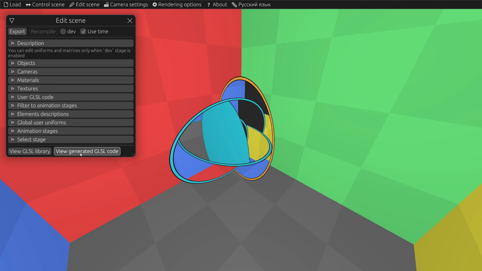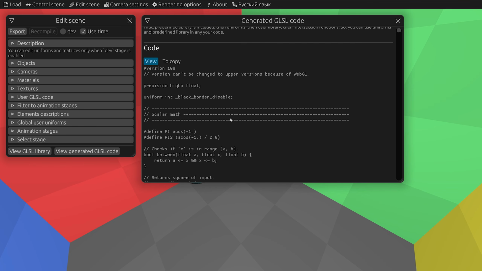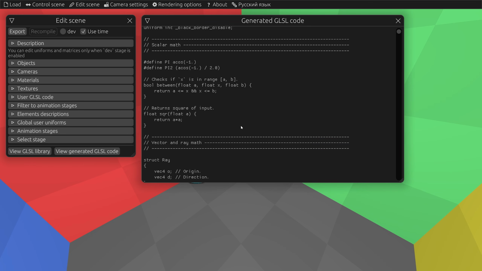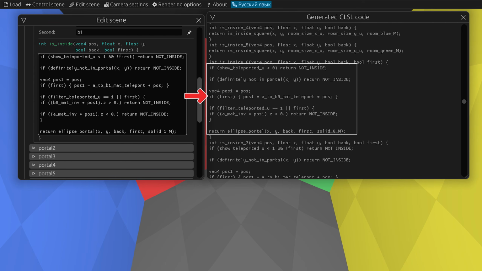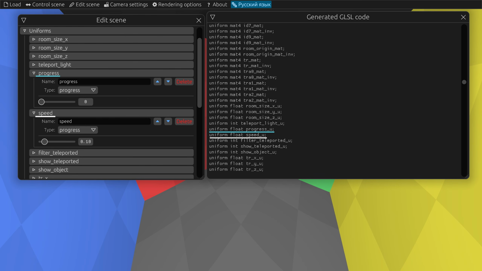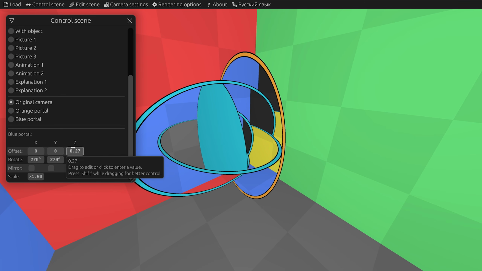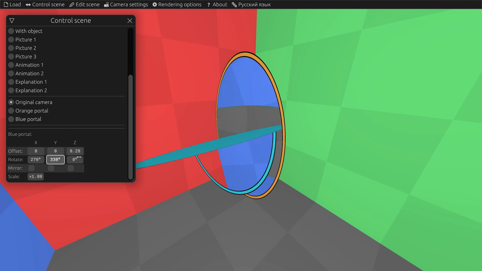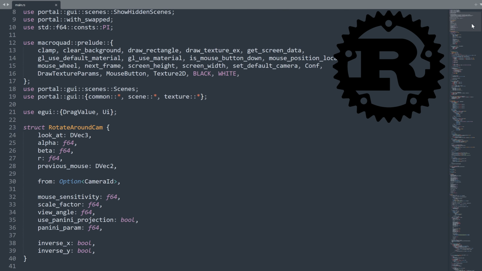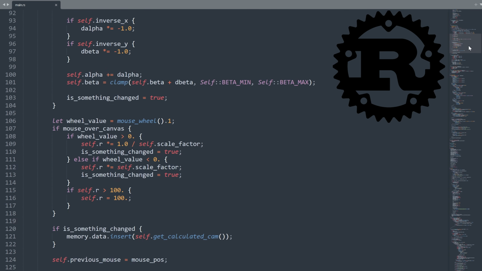And a couple of words about the technical details. As I said, everything is drawn by ray tracing. It works on GPU through shaders. Shaders are automatically generated using available objects. Matrices and sliders are transmitted by uniforms. Uniforms can be sent in real time, which is very convenient to create real-time movement. The whole thing was written in pure Rust, my favorite programming language.